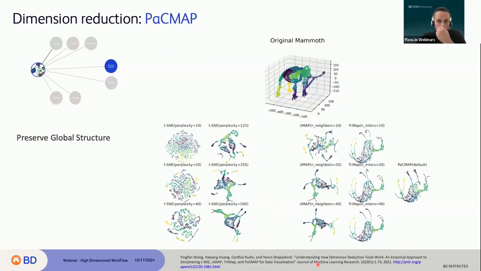So the first experiment they did for PacMap to prove that it was good at keeping the global structure of the data, they used the Mammoth dataset. And this Mammoth dataset, as you see here, when you look at the data in 3D, looks like a mammoth. Okay. And after they run this data set using either t-SNE, UMAP, TriMAP, and PacMap,